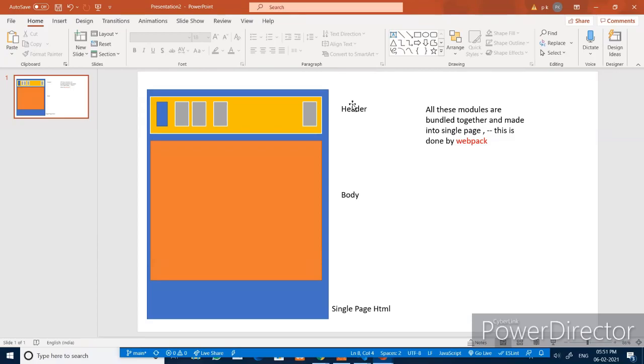Within the header there may be different components, like one, two, three. All these modules are files, that is functions, saved in different files. All these modules are bundled together and made into a single page. This is done by webpack, and this single page will be rendered in the browser.